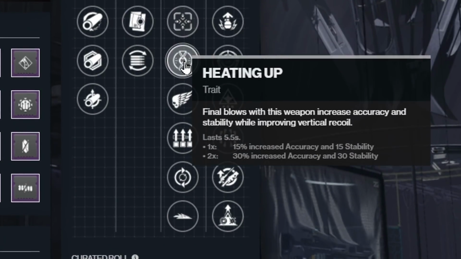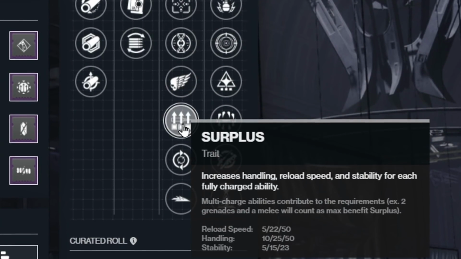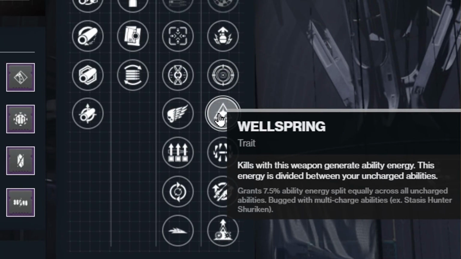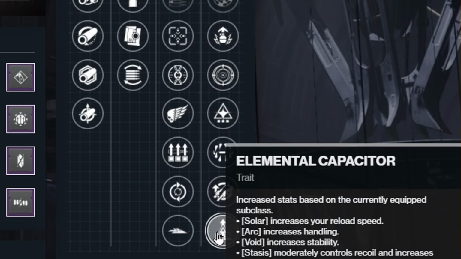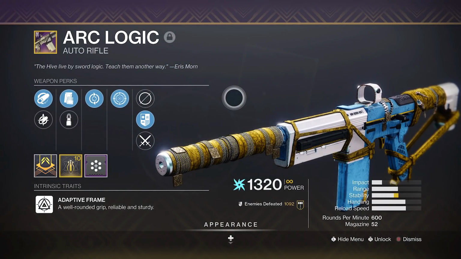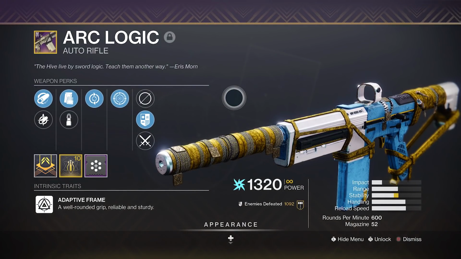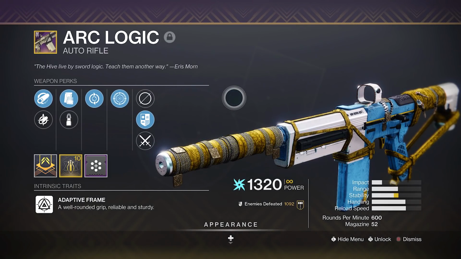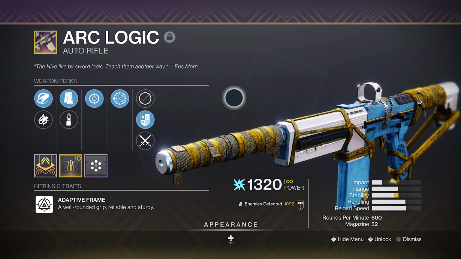Anyway, there is a decent selection of perks for this. Heating Up paired with Surrounded or Wellspring. Tunnel Vision instead of Heating Up also, if that's your thing. It's so nice to have this thing reissued and brought up. A 600 RPM auto rifle that shreds and shreds. In higher level content, this would still do well. It will do a damn good job. I quite like the low zoom and rough feeling of the Arc Logic. It really gives that ability to just...